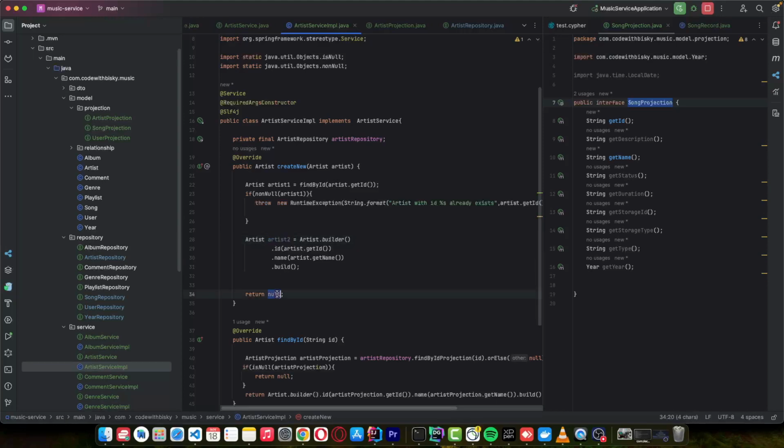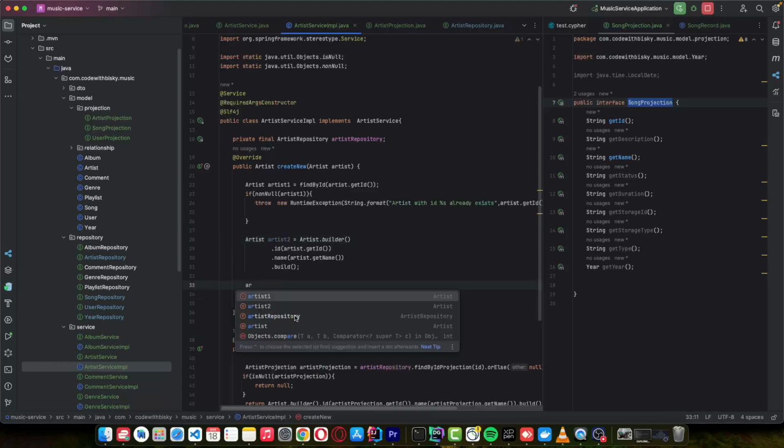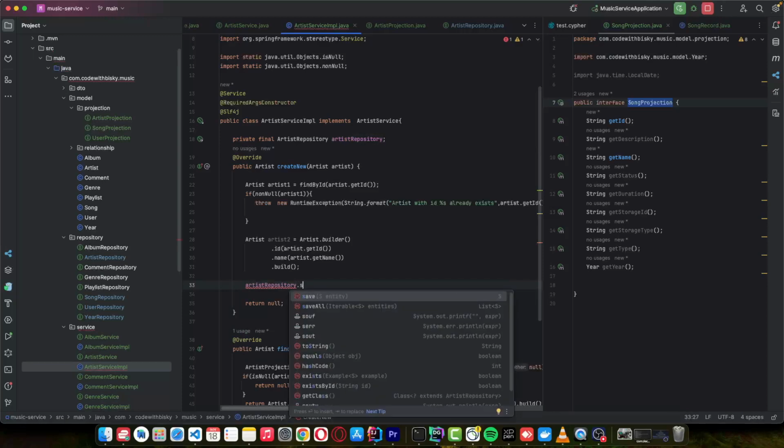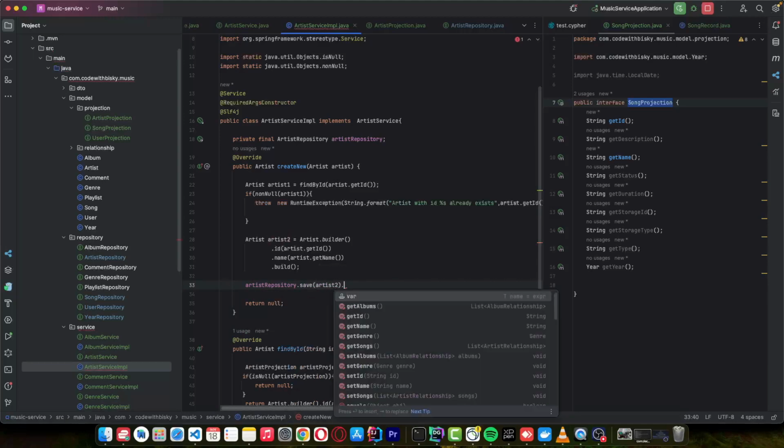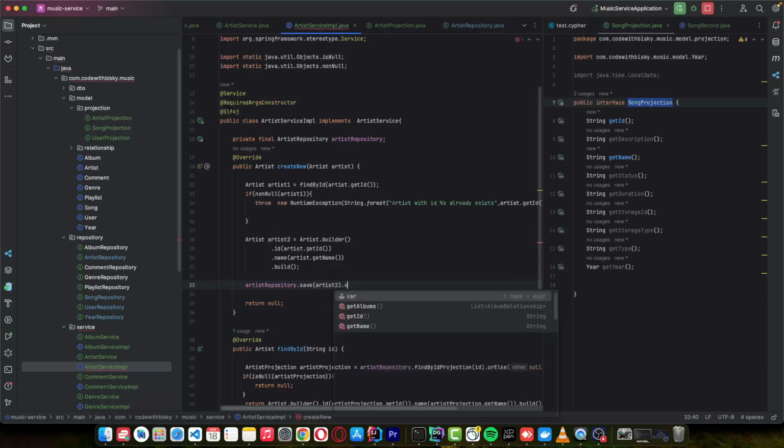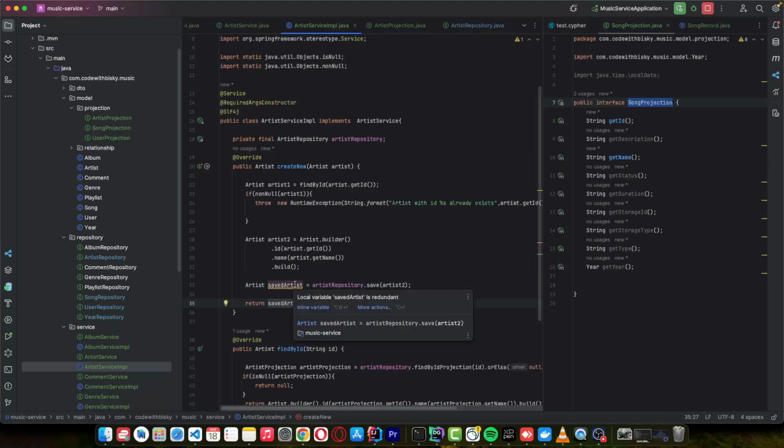Then we can come here and we say .save. You want to save this one. So this one, it will create an artist,